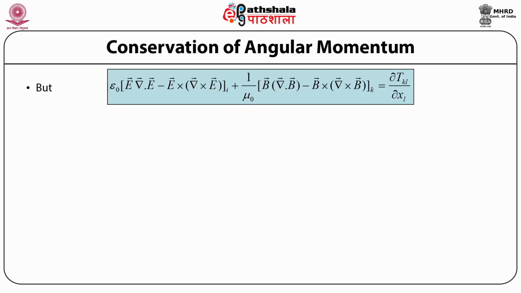This entire term comes out to be equal to the partial derivative with respect to the lth component of the position x subscript L of the Maxwell stress tensor capital T subscript K subscript L. This is a relation that we have already derived earlier. So using this relation over here, we can then rewrite the above equation involving the angular momentum term as